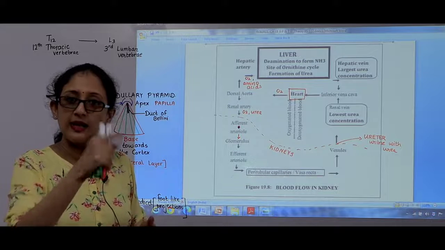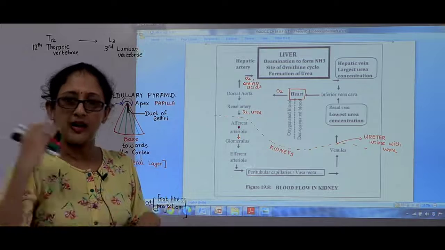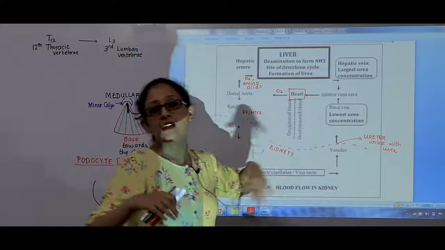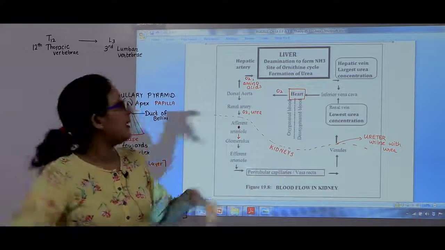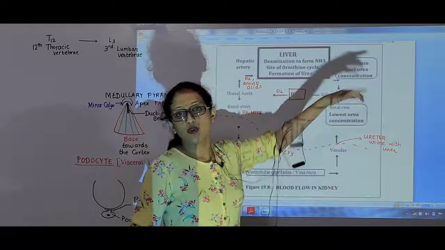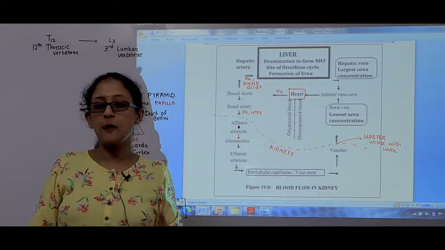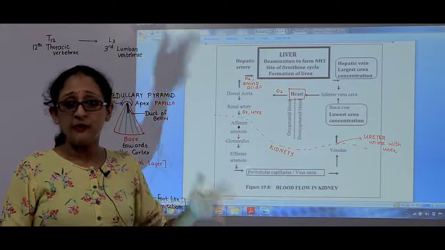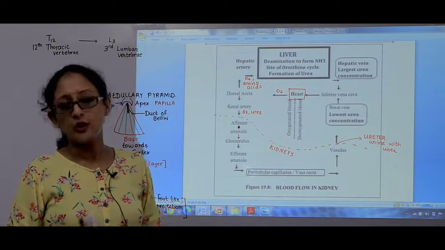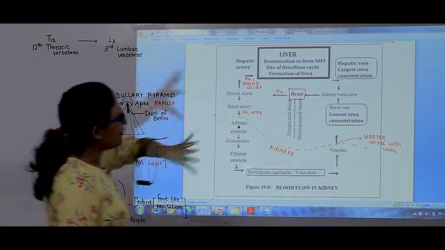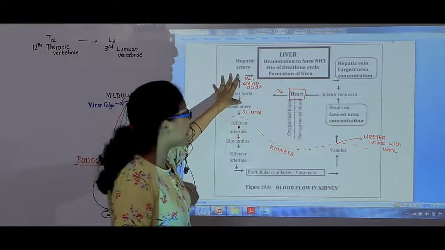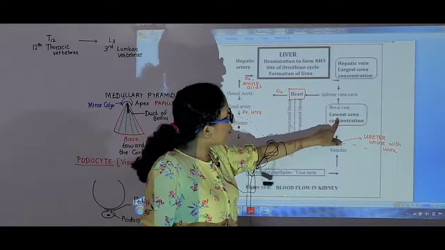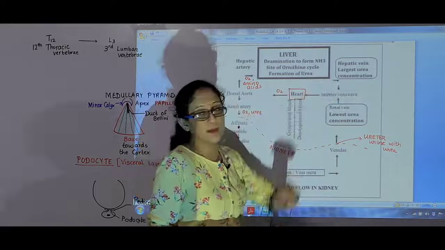Hepatic vein or renal vein or aorta or IVC. Your answer for least is your renal vein, and if the answer is for maximum urea, it will be your hepatic vein. So they can give you any 4 options. You should know hepatic vein from the liver has maximum urea and renal vein from the kidney has minimum urea, because later on everything mixes up in the IVC and dorsal aorta. So in MCQs, these 2 are the ones which are asked: renal vein least urea, hepatic vein maximum urea.